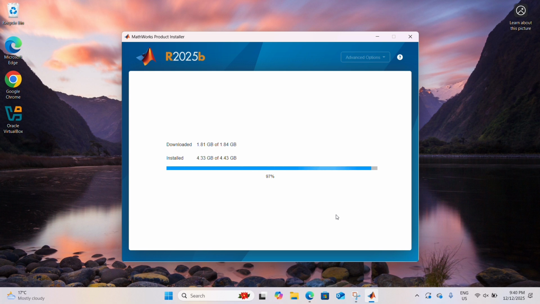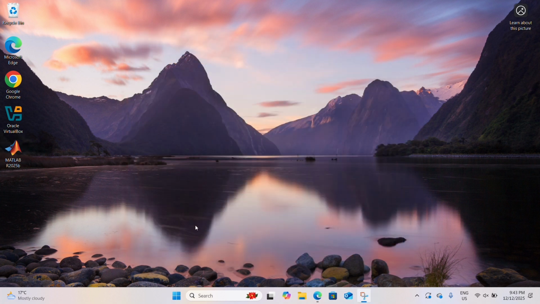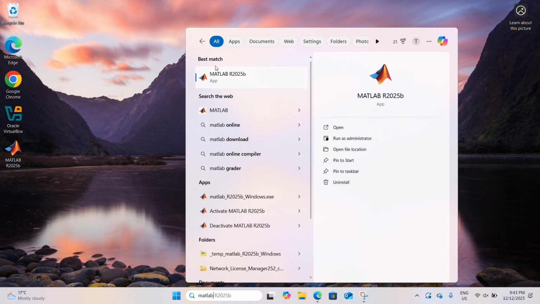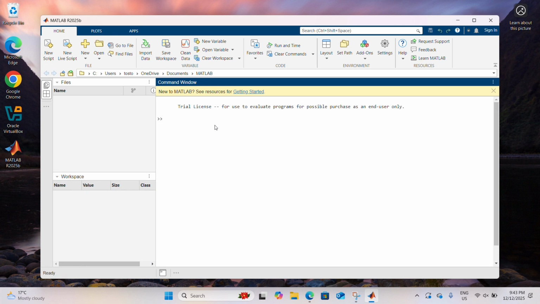It will take some time. Wait for it. And once the installation is completed, click on Close and from the desktop shortcut or go to search bar and type MATLAB and open it. And here you can see that our MATLAB has been successfully installed in our